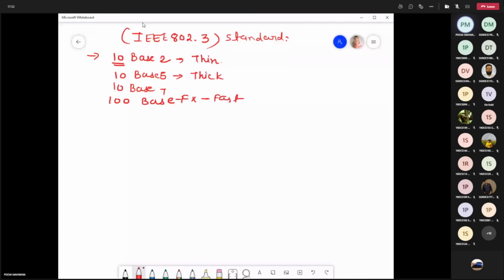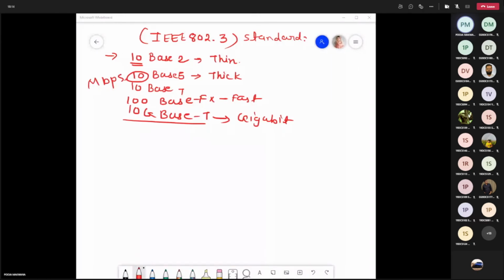And then you may have 10GBaseT. This is the gigabit Ethernet. Right. So the first number is indicating the speed, right? So now the speed in Mbps, right?